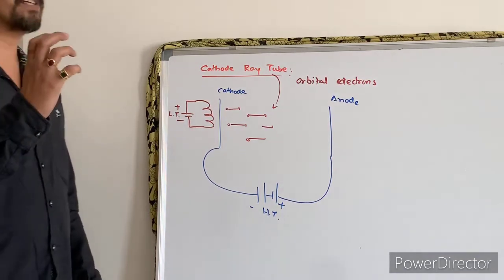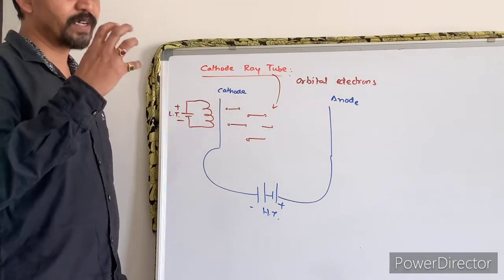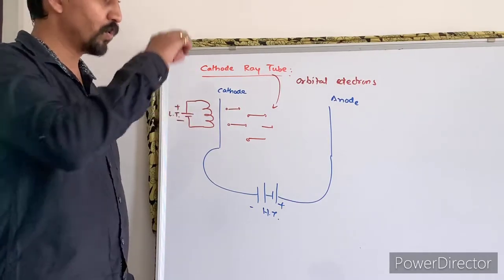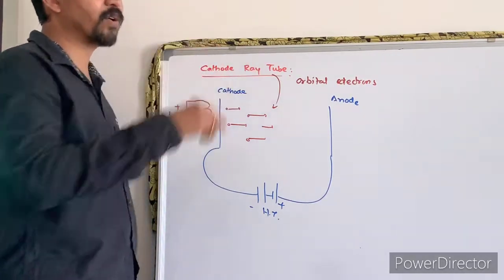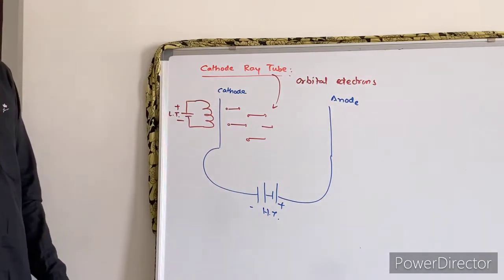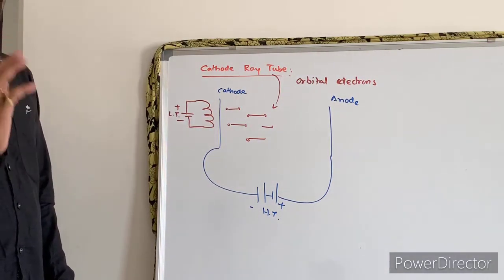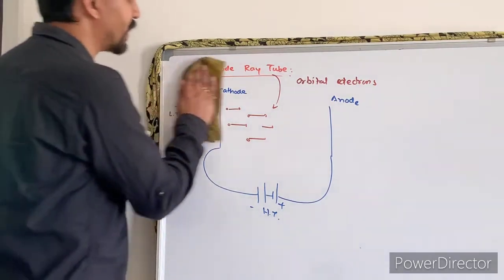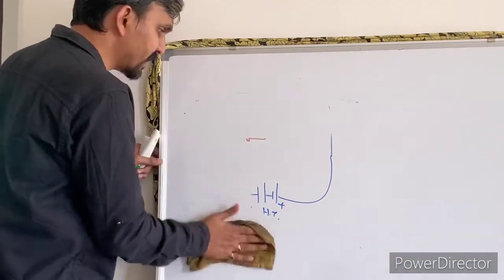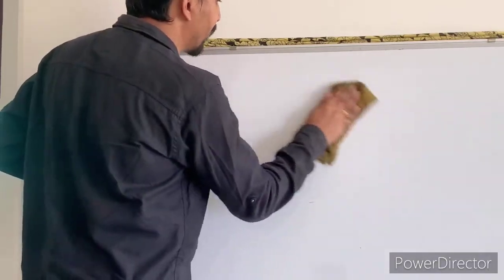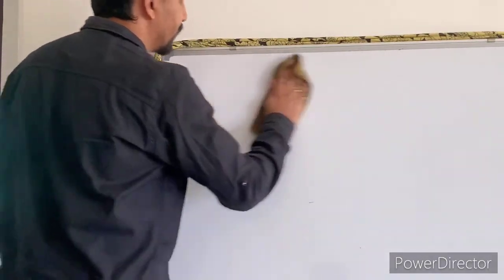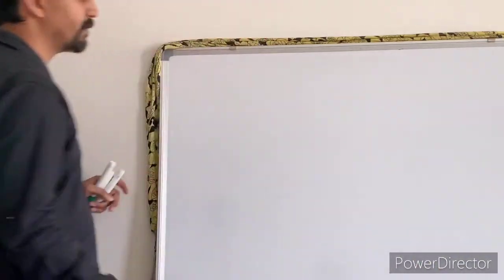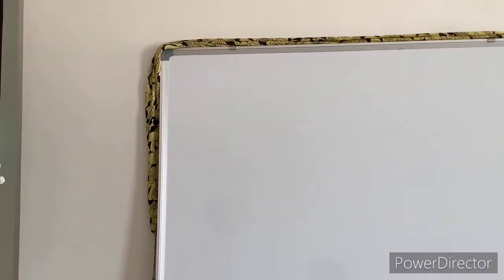But in case of beta particles, electrons are obtained from the nucleus. So this is from an orbital electron. Their origin is different; otherwise, properties remain the same. This is about beta particles and cathode rays. Next idea is gamma rays. Now gamma is nothing but energy. It is energy, so it does not carry any charge. Therefore they are not deflected by electric and magnetic fields.